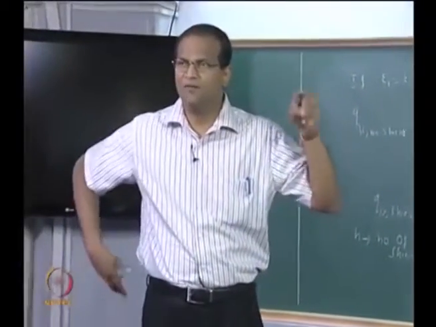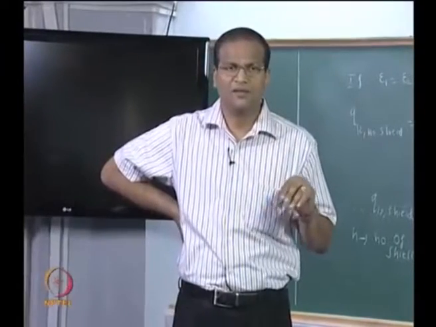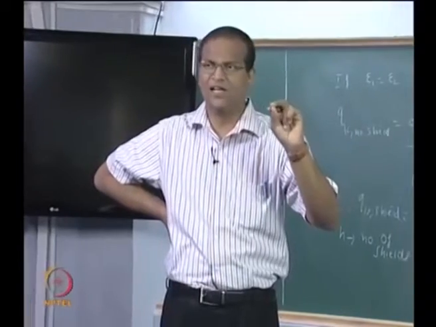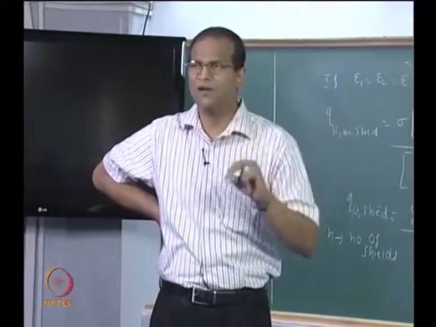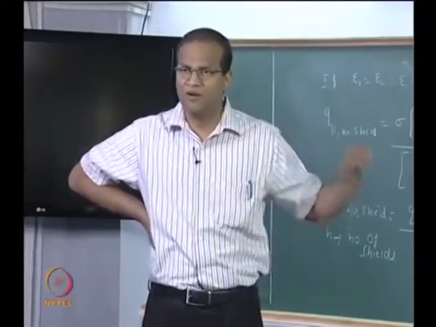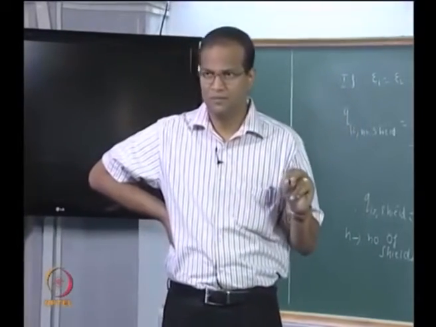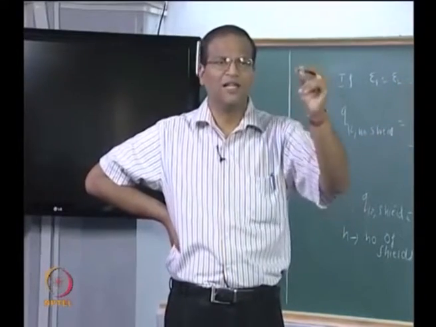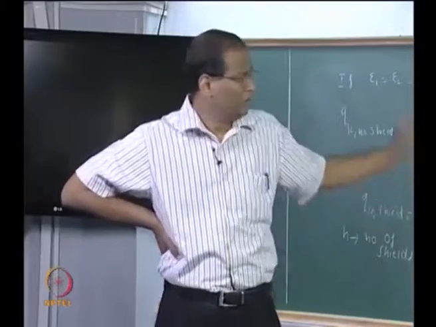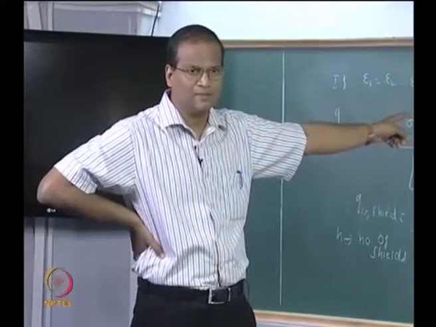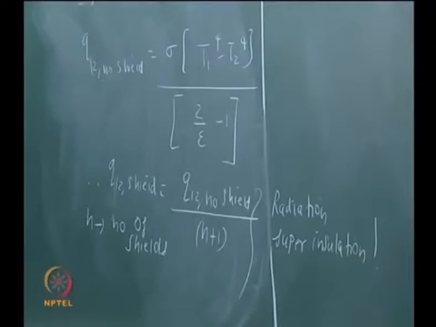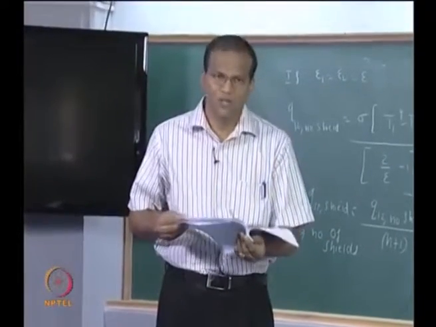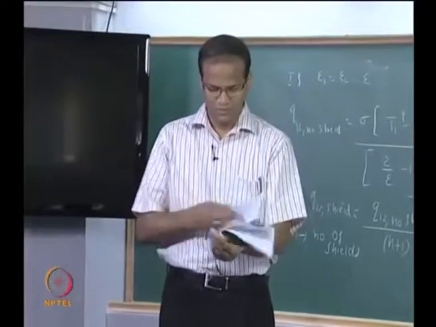While the heat transfer rate is straightforward, suppose for some reason I want to know whether this radiation shield I have introduced can withstand some particular temperature. It is imperative on my part to evaluate the T3. The T3 has to be evaluated as a post process quantity and see whether that T3 is okay for this material. Without the T3 we got this result, okay. So, now as a post processing step you will have to evaluate the T3. Let us solve a problem in which you determine both the Q and the T3, okay.